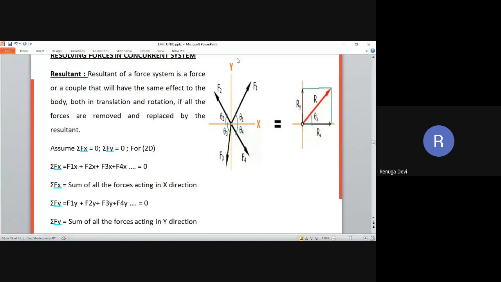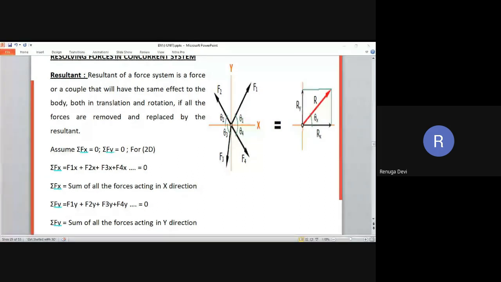In 2 dimensions, if the force is exactly in the x direction or exactly in the y direction, you can resolve it with the help of the xy lines. But if the forces are at different angles,